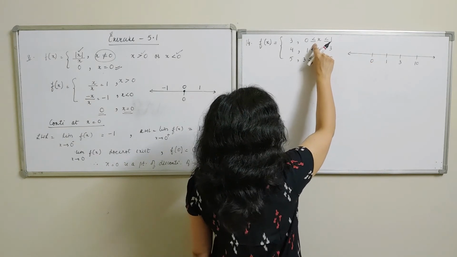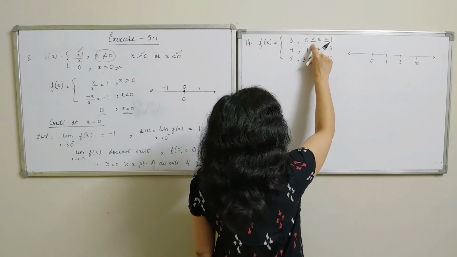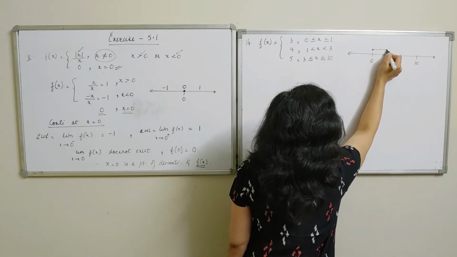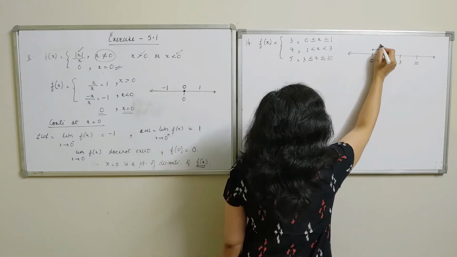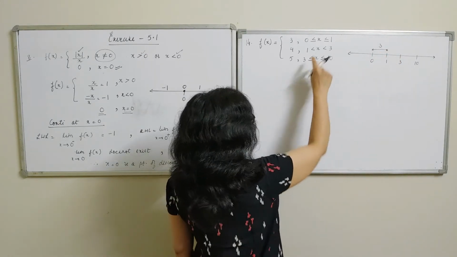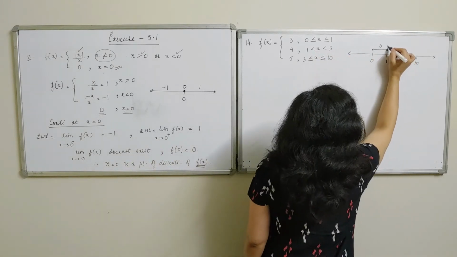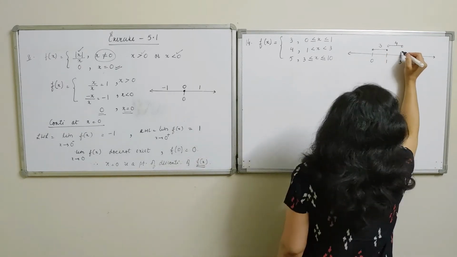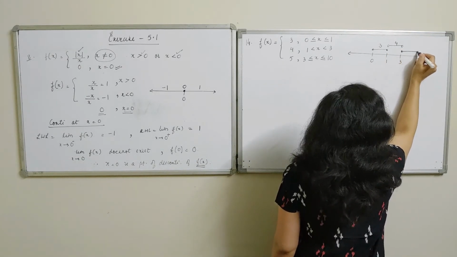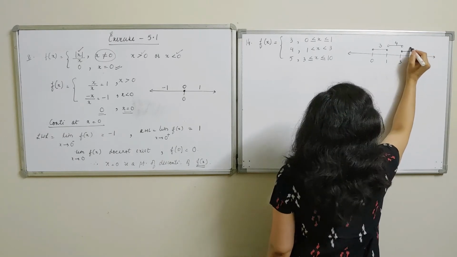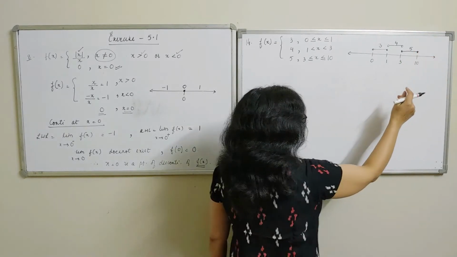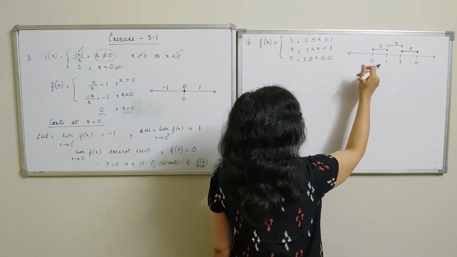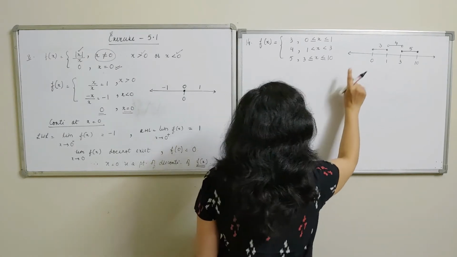What is special about the points? Whenever x is greater than or equal to 0 and up to 1, the function acquires a constant value 3. Greater than 1, less than 3, the function has a value 4, and including 3, including 10 in this interval, the function acquires a value 5. So you can see here the function is not defined beyond 10. The function is not defined for values of x less than 0.